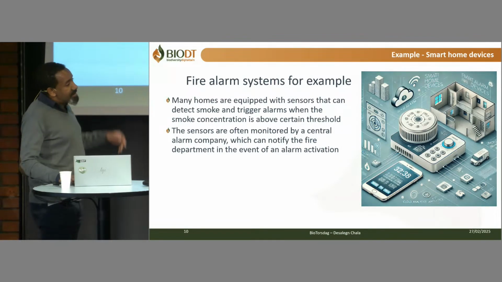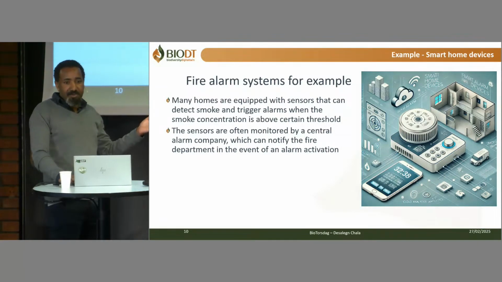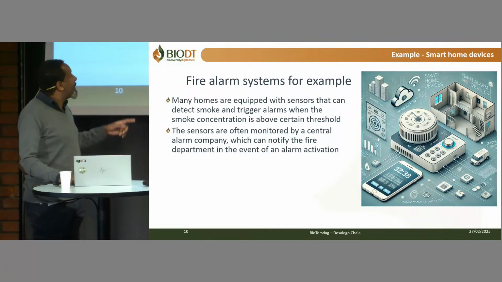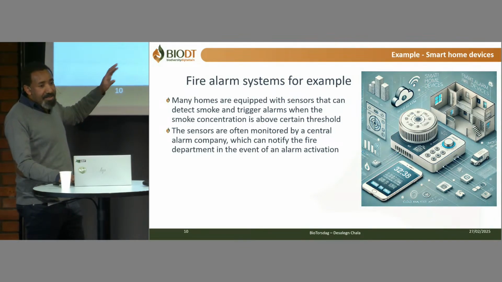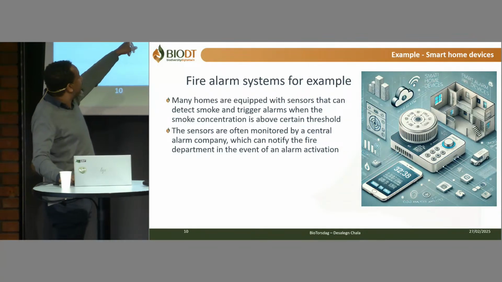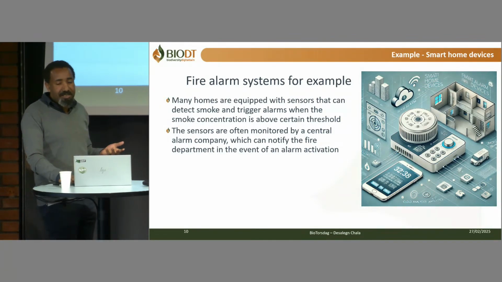The other example which I can take is the smart home devices which we have in our homes. For example, consider the fire alarm, which has sensors and which is detecting the amount of smoke in our rooms. Based on that, it can predict whether that can lead to fire or not. And it can also generate alerts to the fire department so that action can be taken.